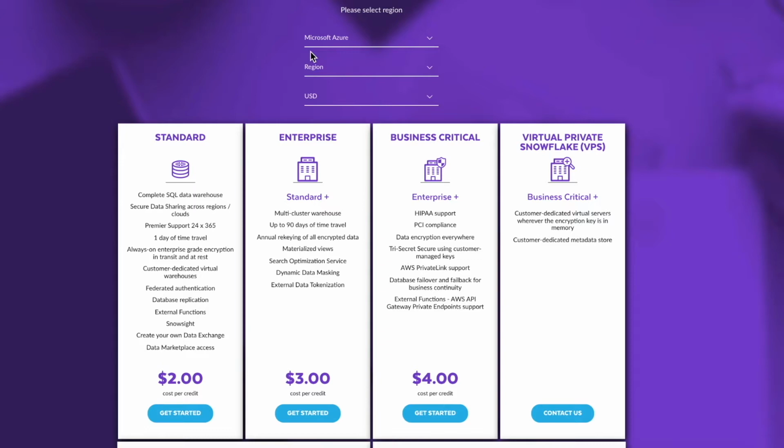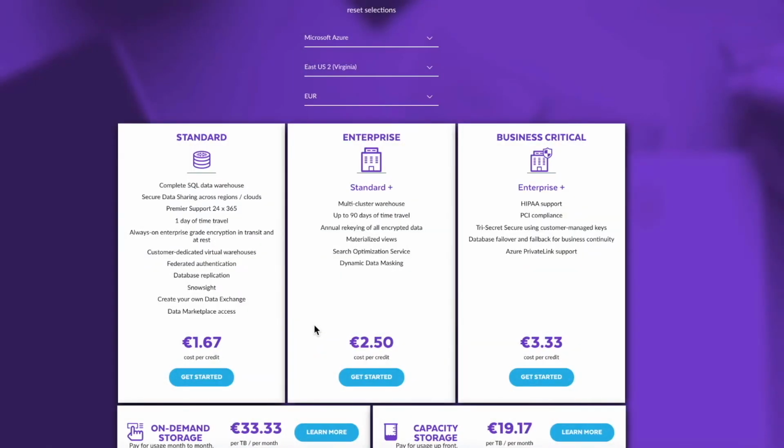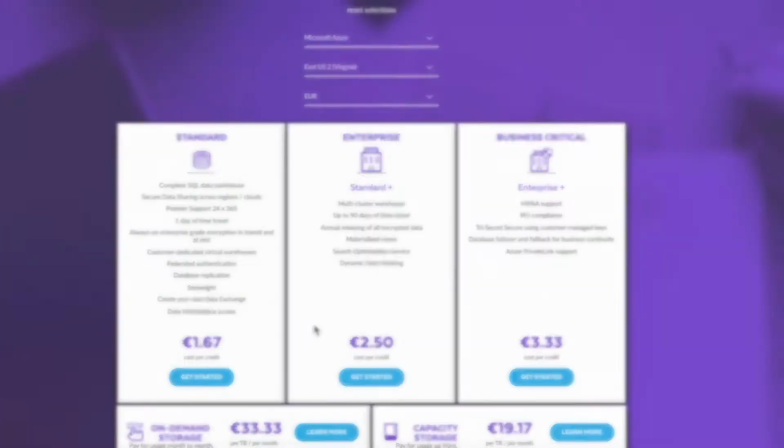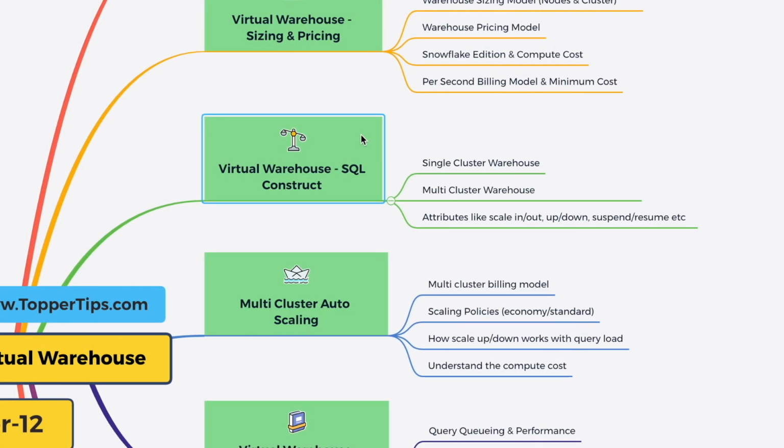The price is completely independent of your cloud platform as well as your region. So Snowflake makes our life very easy. Whether you choose AWS, GCP or Azure, their pricing model is flat. So it does not really change based on what selection you have made for your cloud provider as well as region. Now, let's understand the SQL construct, and we'll create a single cluster as well as a multi-cluster warehouse,